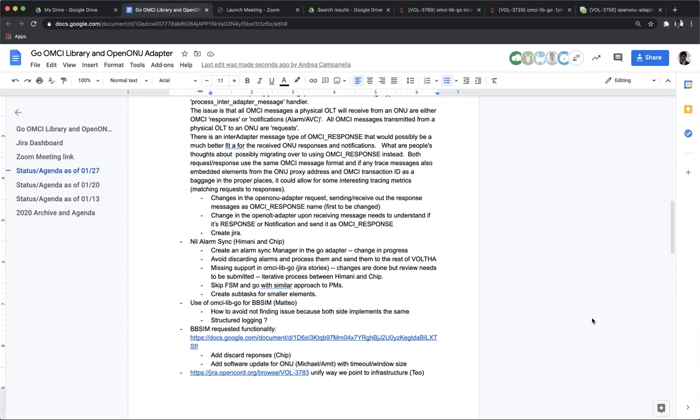Yeah, I don't have much to report. I completely replaced the OMCI sim library with the OMCI libgo. Things are working fine, meaning that I can run the sanity test using the new version of BBSim. The only thing I'm still struggling with is that using the library, I cannot report multiple ports, but only one. So I think that happens during the MIB upload.